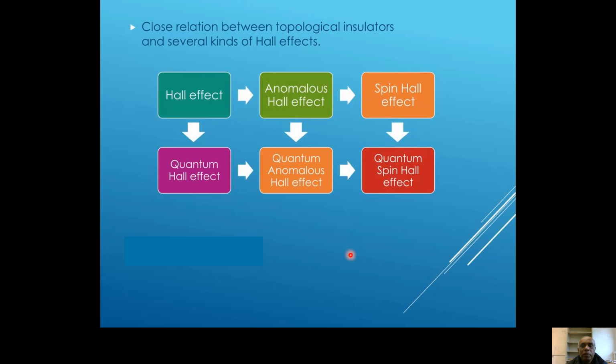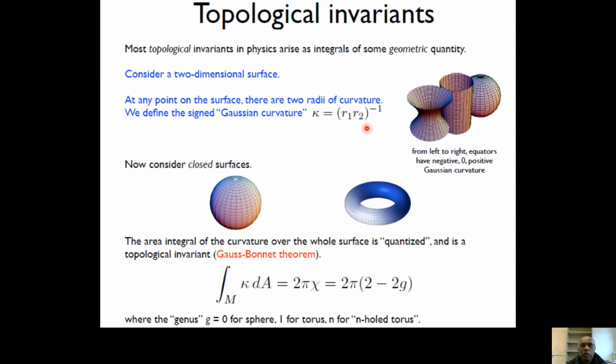And so if you look at how things are going, like we discussed, Hall effect to quantum Hall effect, then spin Hall effect to quantum spin Hall effect, anomalous Hall effect to quantum anomalous Hall effect. You can say they all are kind of interrelated. So now let's talk a little bit about this topological invariant. Remember, topological invariance is something under deformation, so it can go from one order to another order state. Before we introduce that one, there are a few things we can understand.